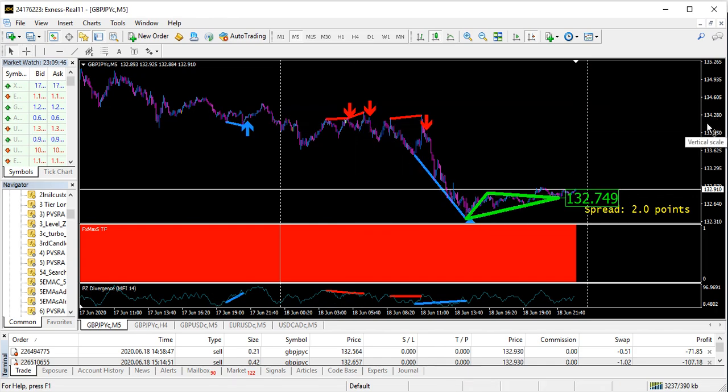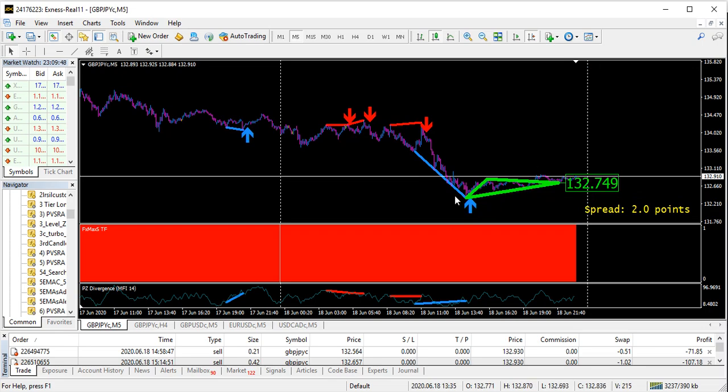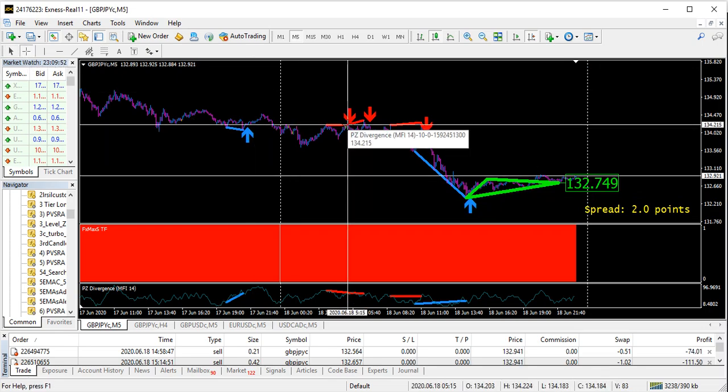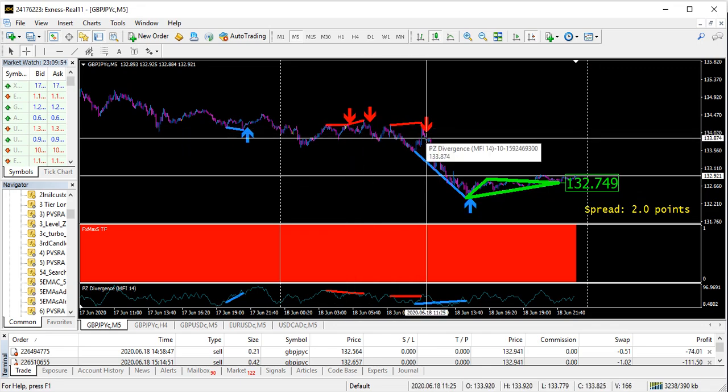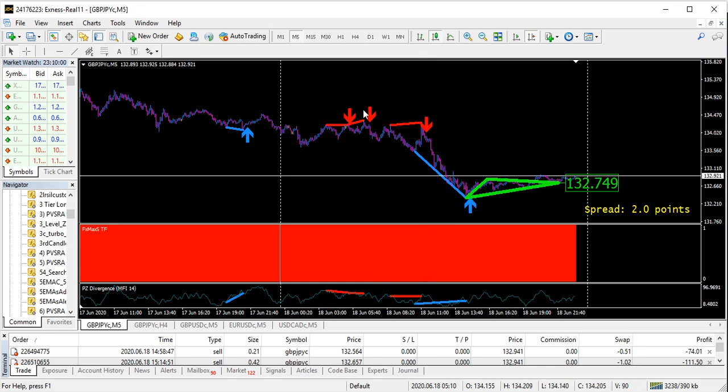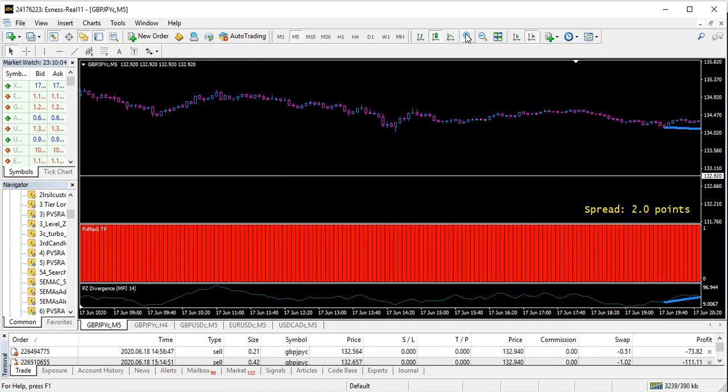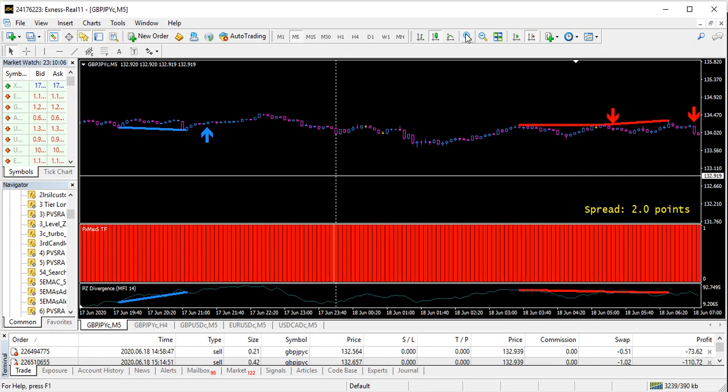You can see the opposite arrow here. Okay, so you see so many opportunities you can utilize. This one, this another I could have utilized, this another I could have utilized. So any of them worked, the three of them worked because this pullback did not get to 20 pips. That's why you need 20 pips as stop loss